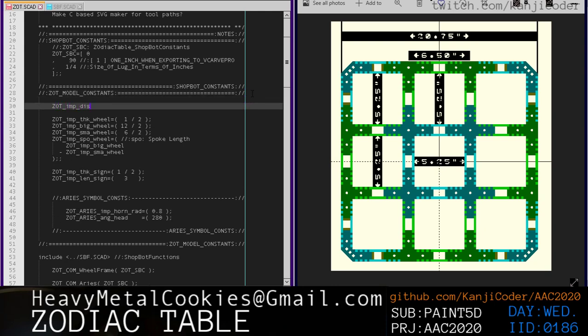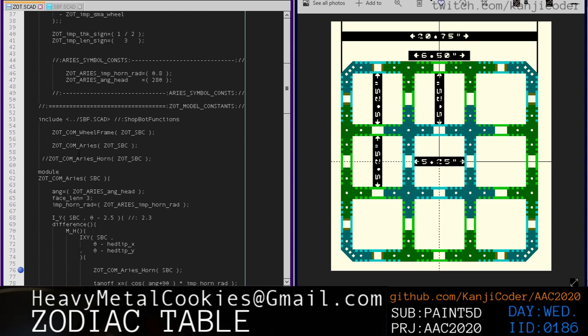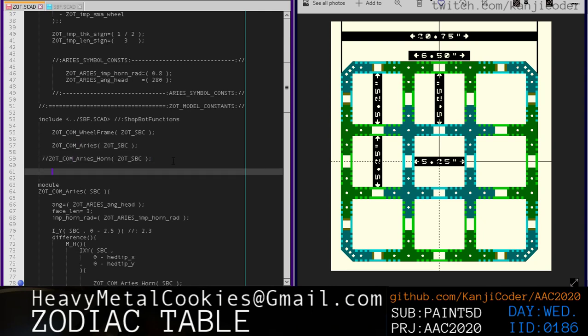imp dist between locator. So the distance between locator holes and imperial measurements is 6.5 according to this. And yeah, so let's just keep that, and then when we're trying to, let's do like